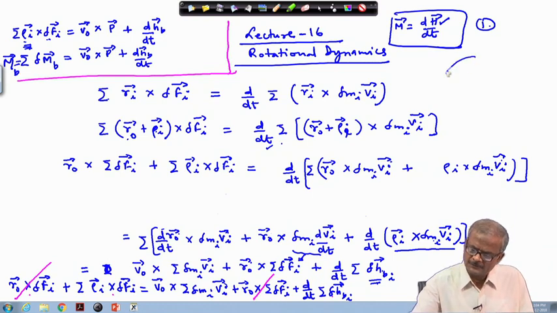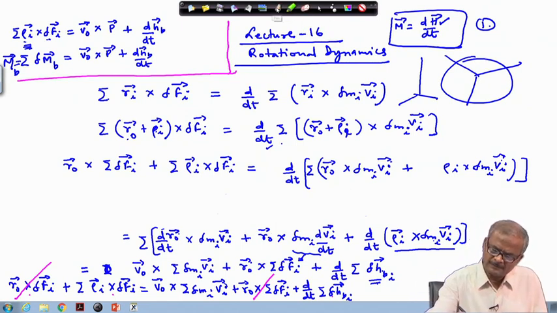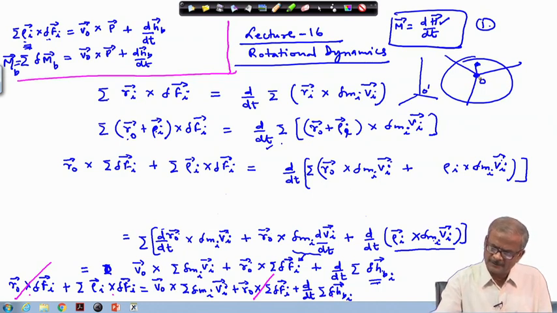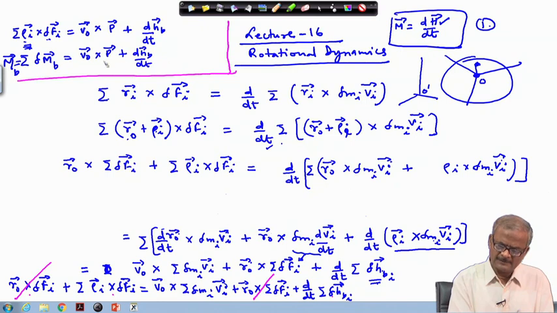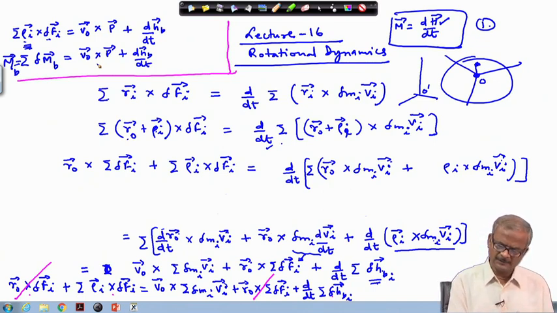So, now it becomes easy to look into this: if I have a frame here, another frame fixed to this point, and I have to write the torque, basically I need to calculate the torque about this point, which we have written as O prime. So, I will calculate the torque about this point. Okay. What is the torque acting on this point O for this body, and on the right hand side we will write this expression. So, this completes my discussion for the angular momentum computation and then the torque computation,